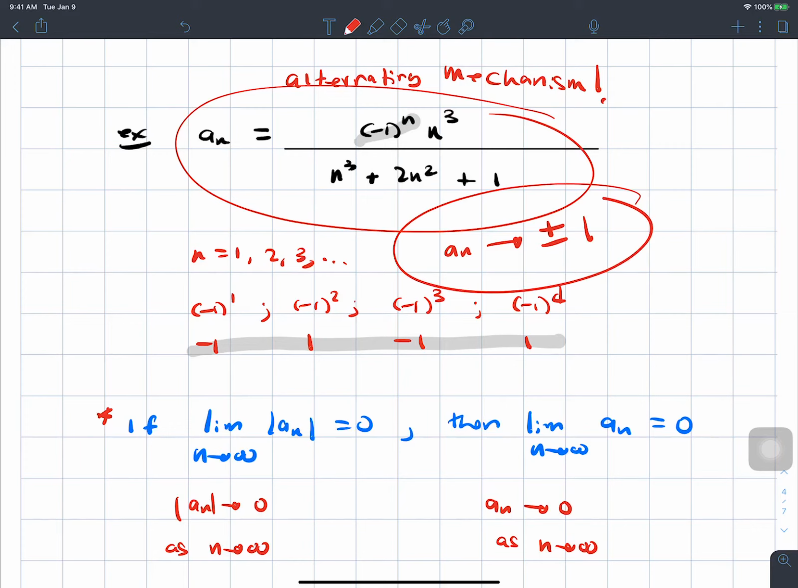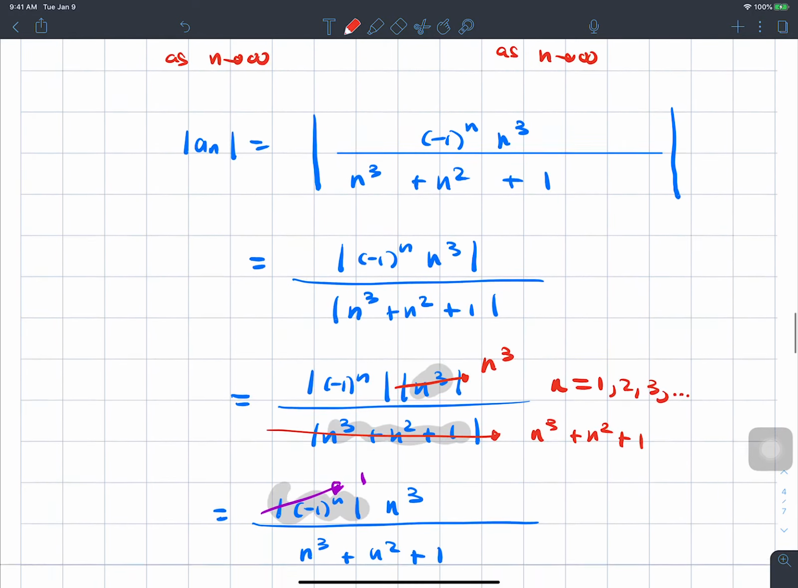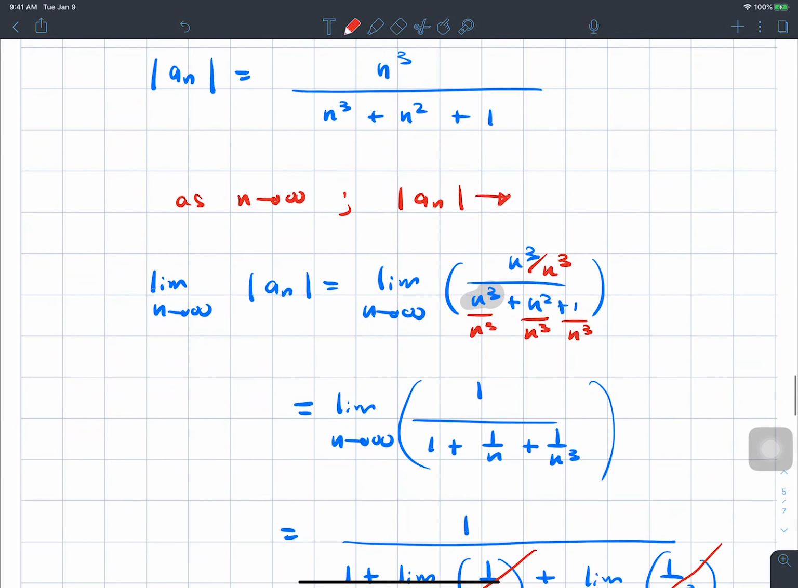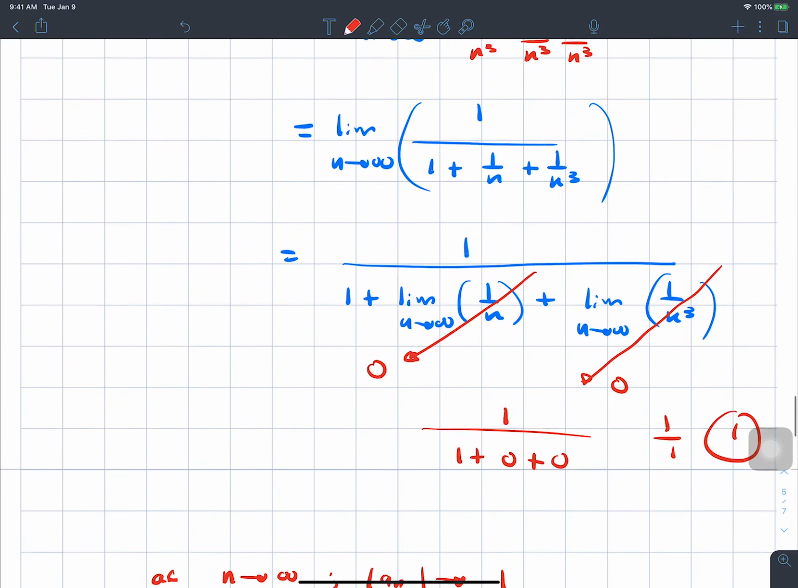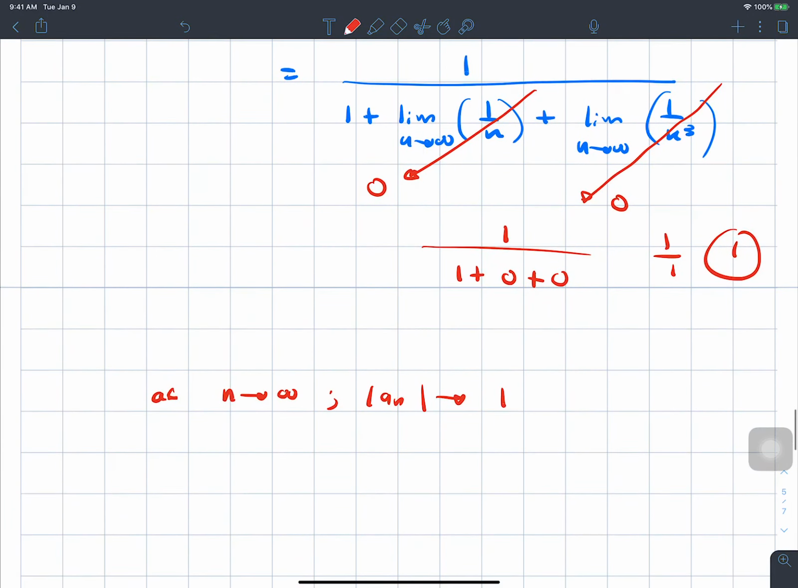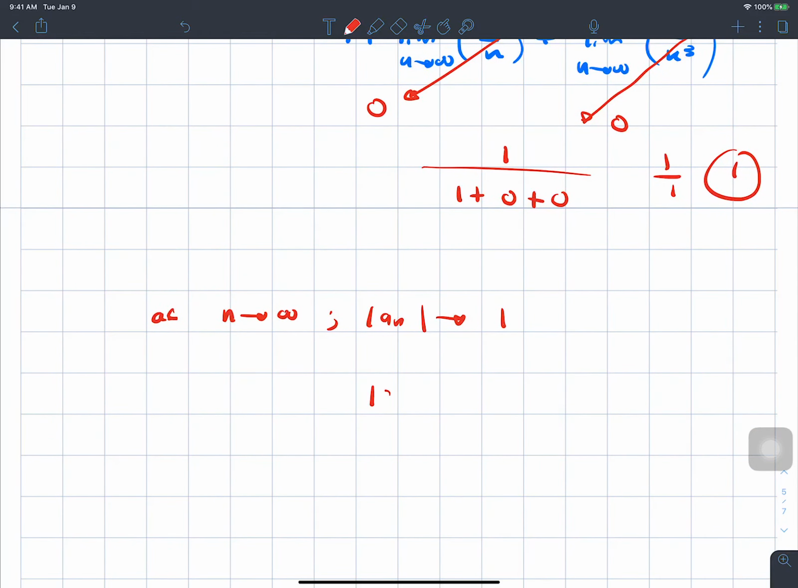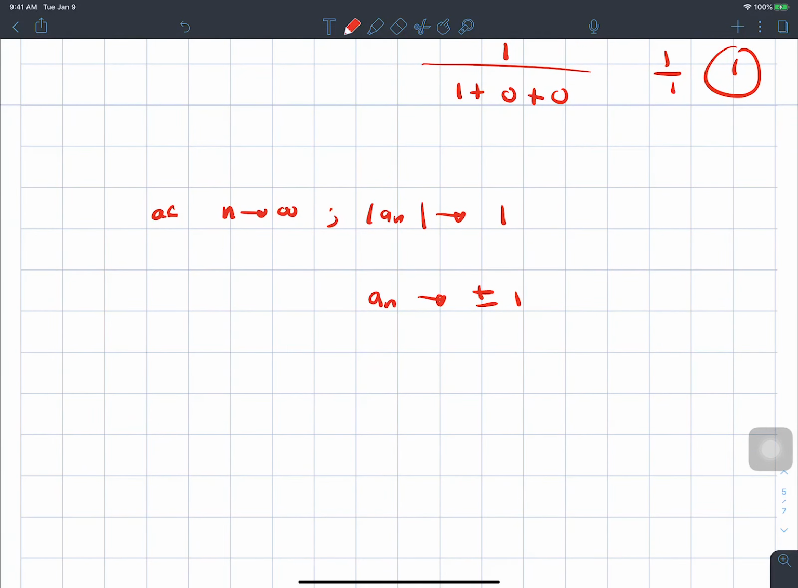This is big, ladies and gentlemen. Taking the absolute value like we did, when we just look at all the terms as being positive, well, we know this goes to 1. But this wasn't the original question. We proved this goes to 1. What this says is an goes to plus or minus 1 because of the alternating mechanism. And this is not convergence, ladies and gentlemen. This is divergence. Because of the fact that